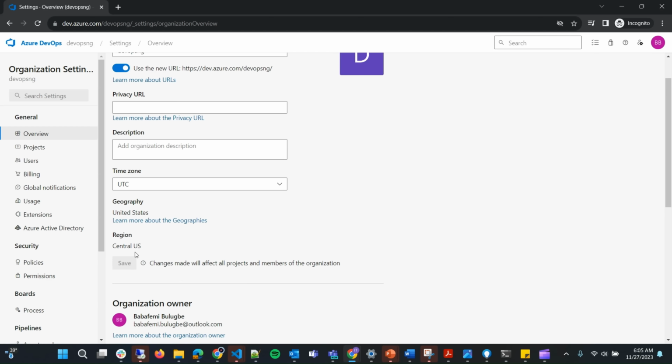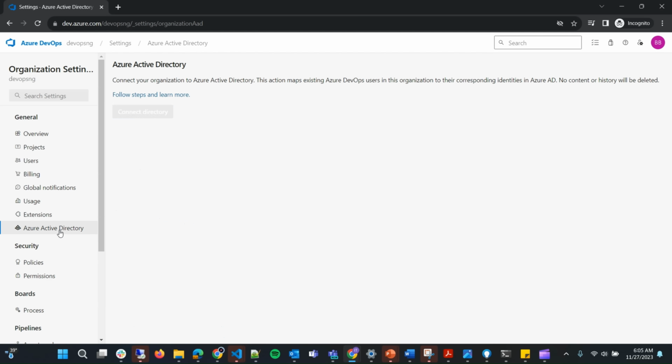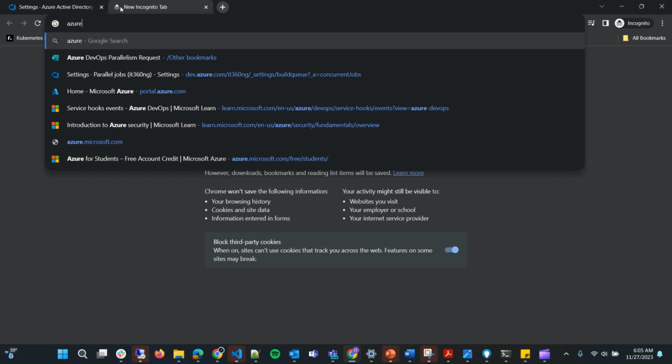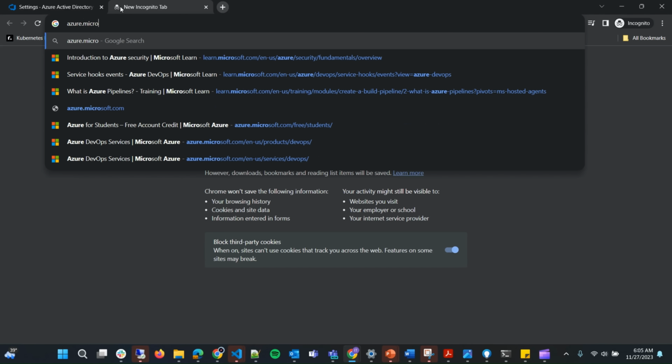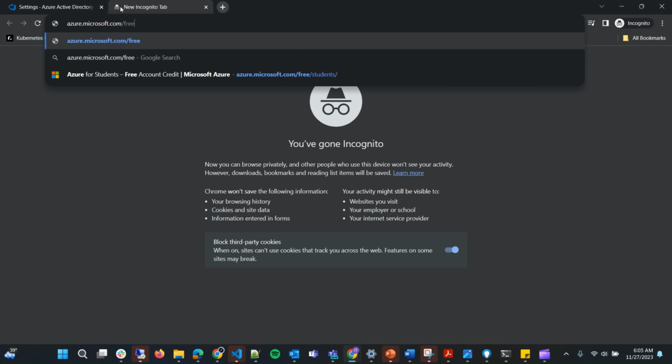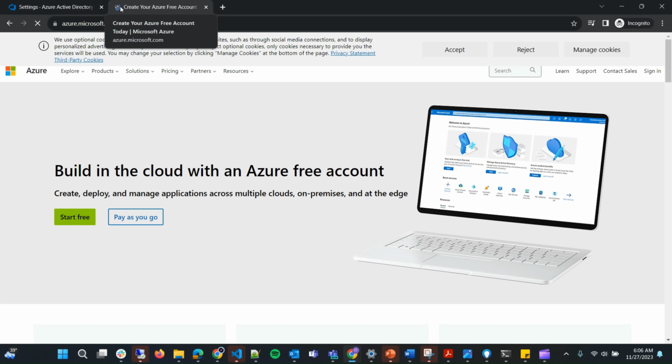So let's even click on the Azure Active Directory and see. Here you might see that this button is currently grayed out for you. If that happens, that means your user is currently not in any Azure AD tenant. So what you need to do is to head to this URL, azure.microsoft.com/free, and you click on start free. Then you complete